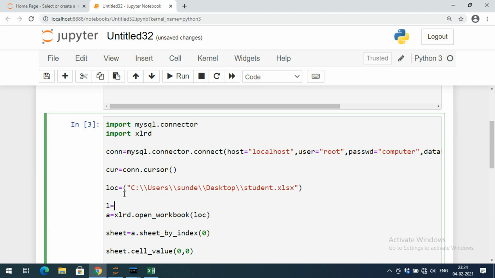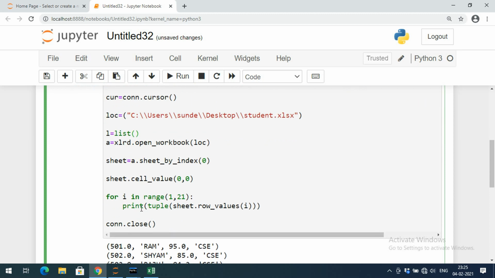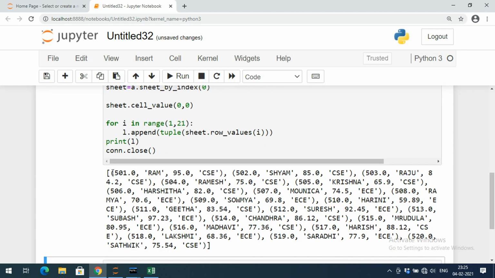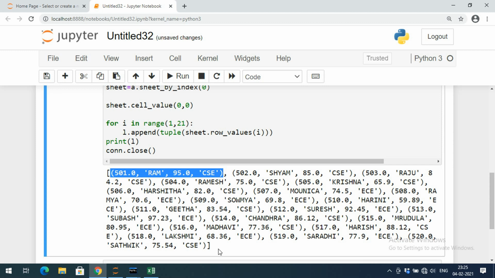I am creating L is equal to the list function, which gives an empty list, and instead of printing this one, I will just append. We can append the values to the list so that everything will be appended to L, and if you print L, we'll get the list of tuples. You can observe here, we get the list of tuples.